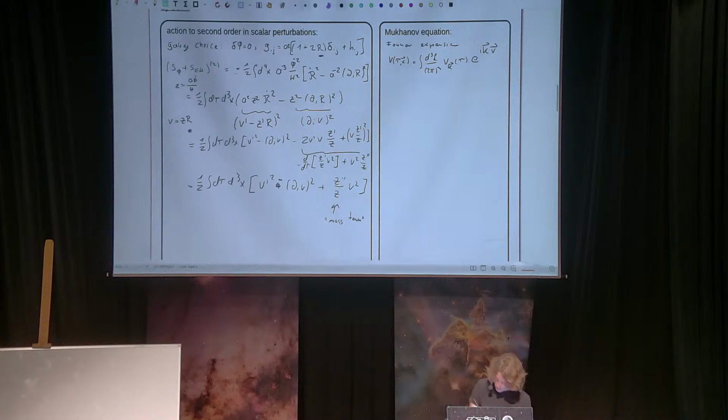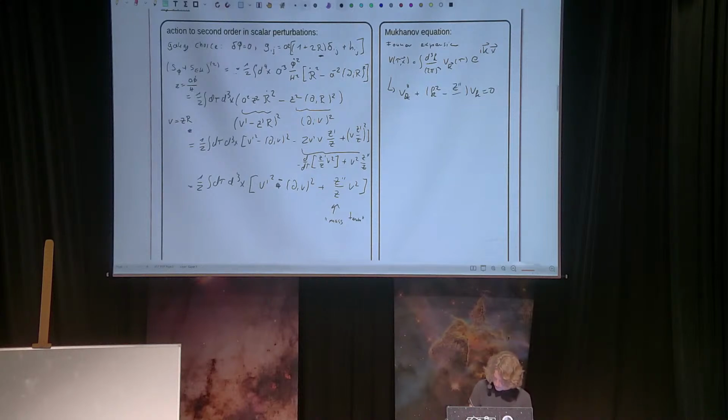And then we just take the action here and do Euler-Lagrange. We get the double prime, so two time derivatives, and then we get the k². So this part is just the usual box operator in Fourier space, and then we get the mass term,